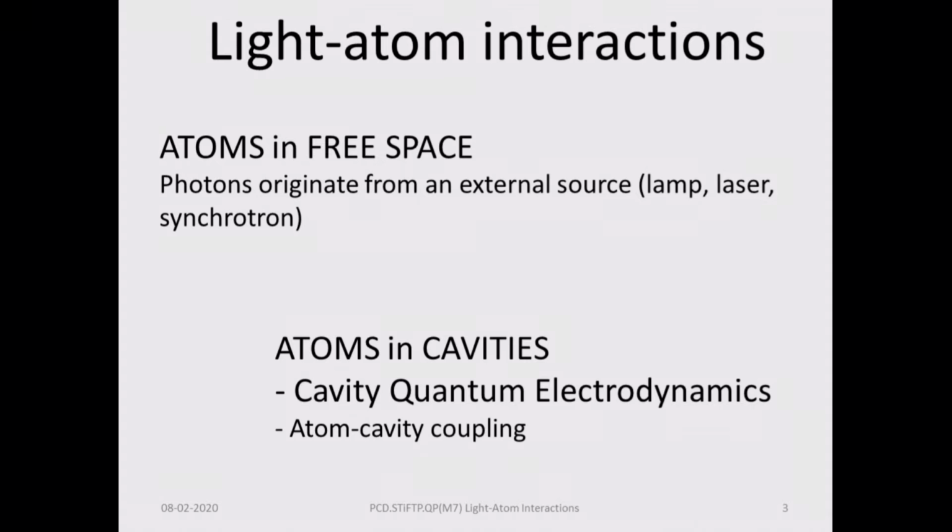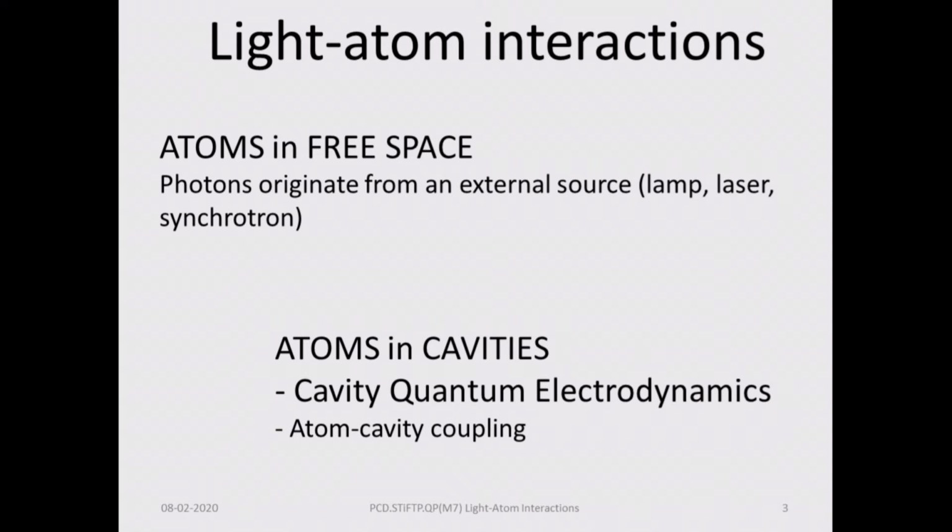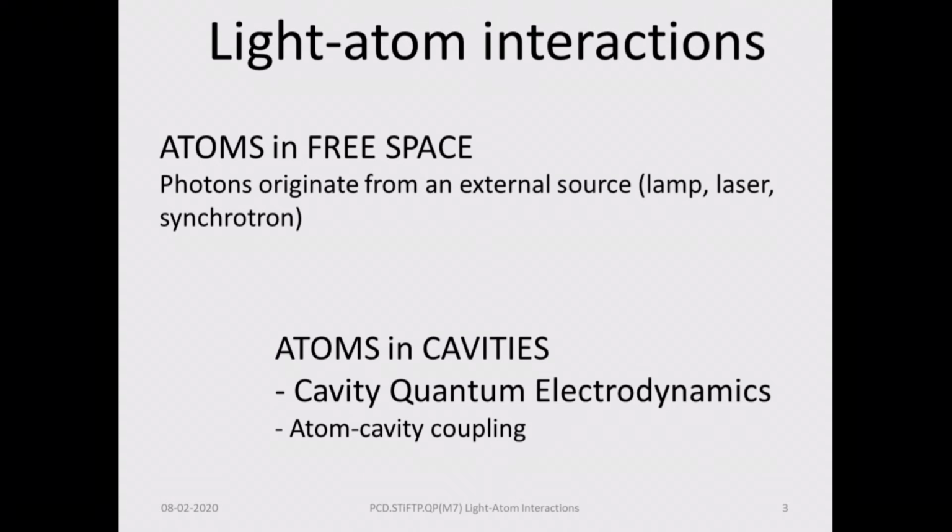So we will discuss this in two segments, not quite independent of each other. They overlap with each other, the physics overlaps to some extent, but then the properties become even more important and interesting as we go from atoms in free space to atoms in cavities. Okay, so we will talk about both atoms in free space, in which the photons come from somewhere, interact with an atom, right? Whereas atoms in cavities